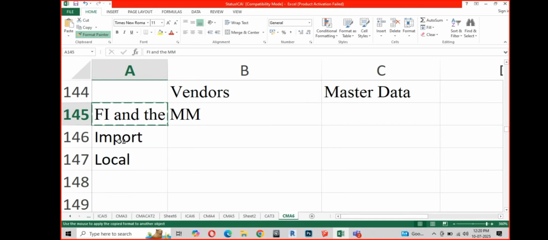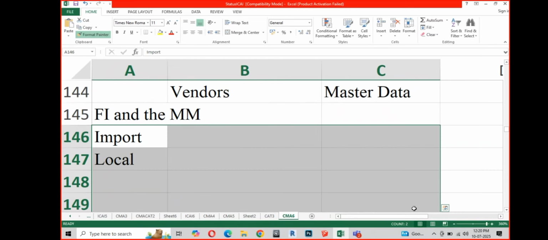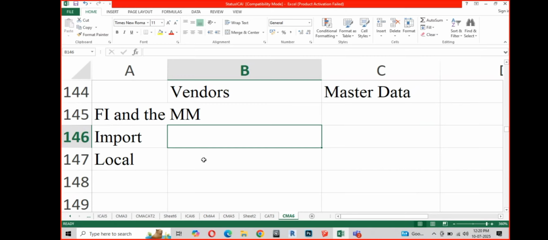You may be importing raw materials from some vendors, or you may have vendors available locally. So how do you differentiate? You have something called